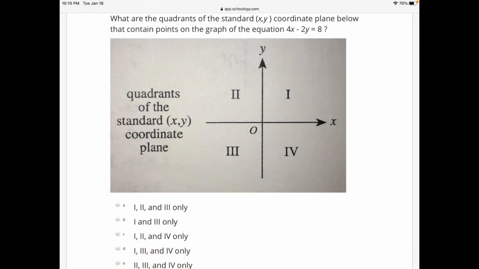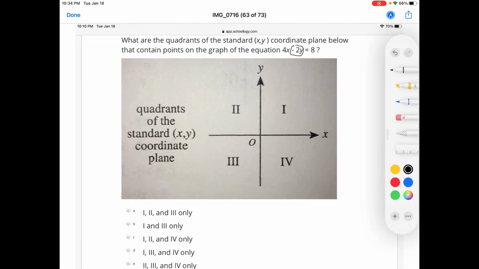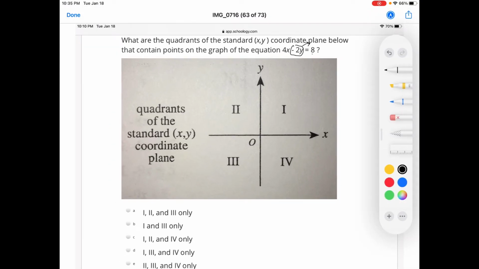Okay, looking at number 11, 11 and 12 are kind of the same type questions. Number 11 wants to know what are the quadrants that this line is going to go through. So let's get y by itself. Let's take this over, make it positive. Take the 8 over. So we have a positive 2y equals 4x minus 8. Divide everything by 2. And so we get y equals